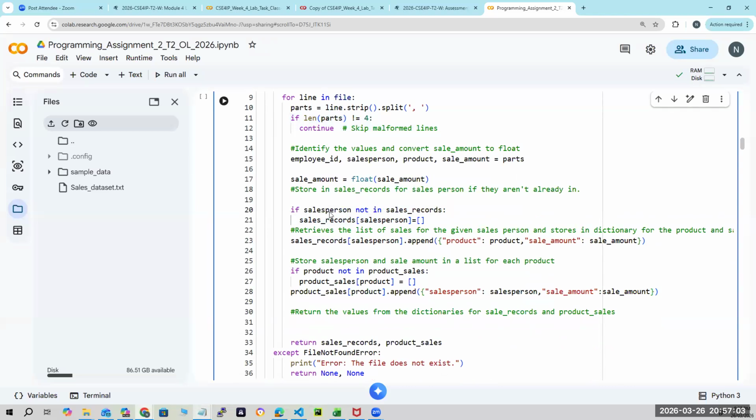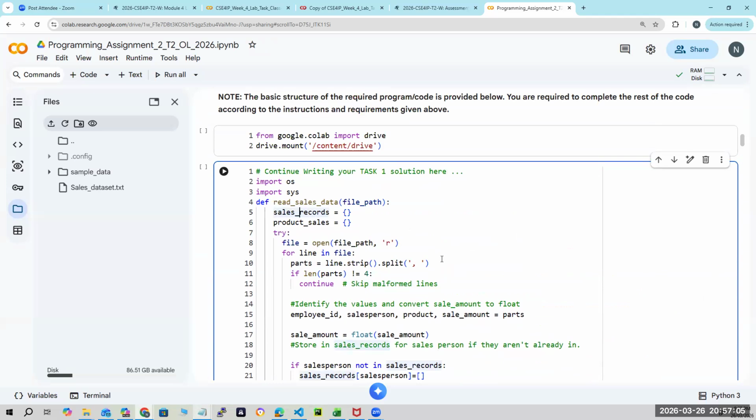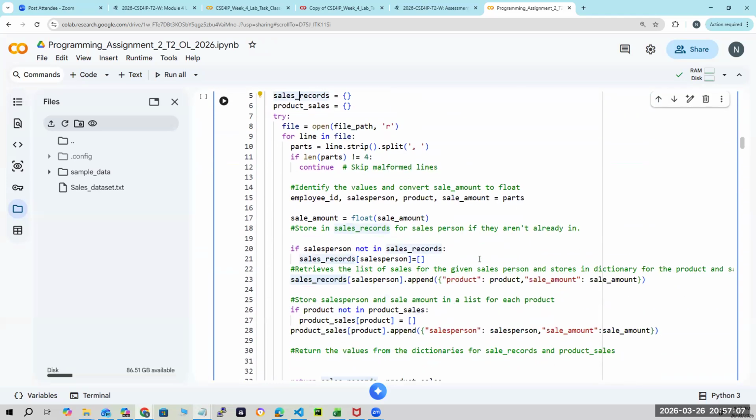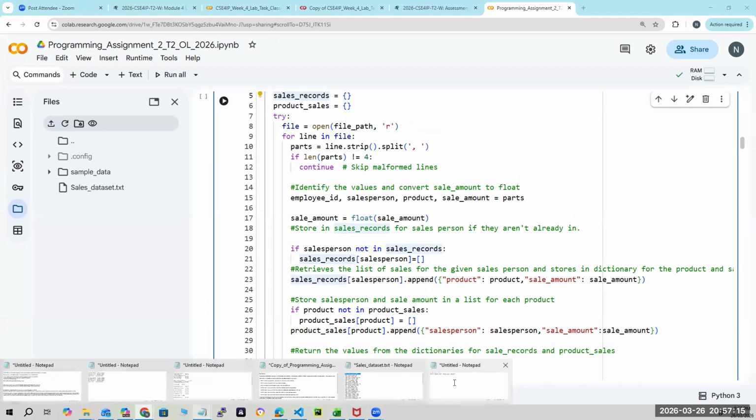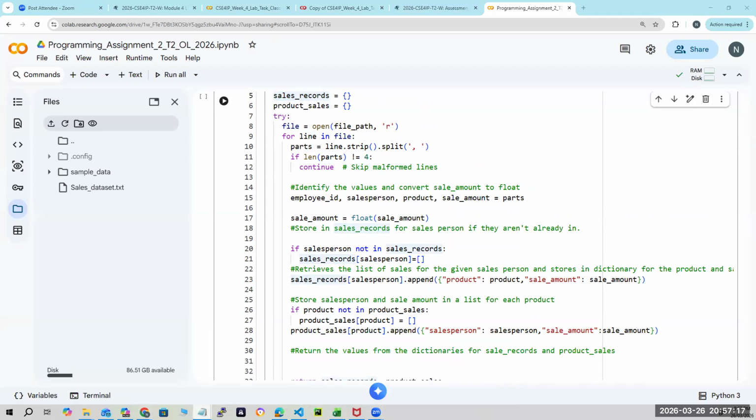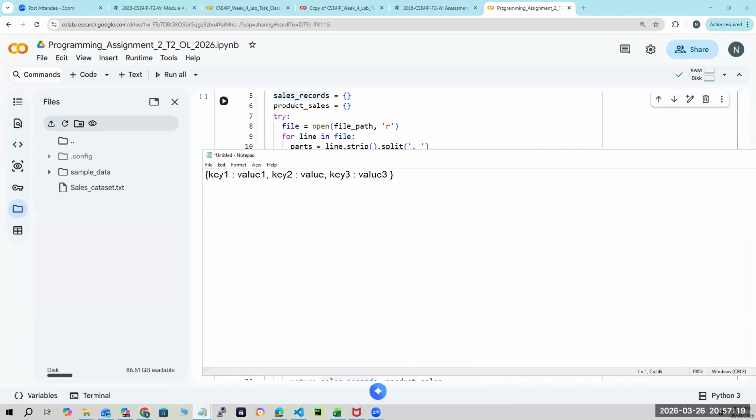You see that this sales record is that dictionary. Now we have started entering data into the dictionary. So if you have a dictionary, say we have a dictionary D, and we want to enter another entry in the dictionary. How do we do that? We say that we have D,